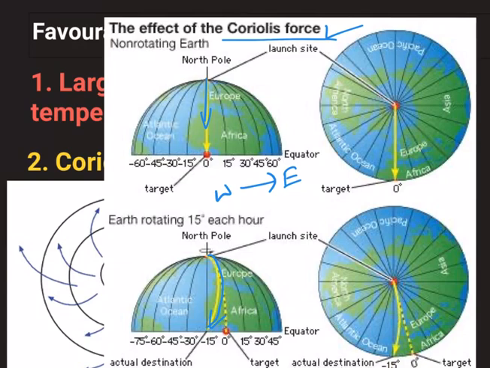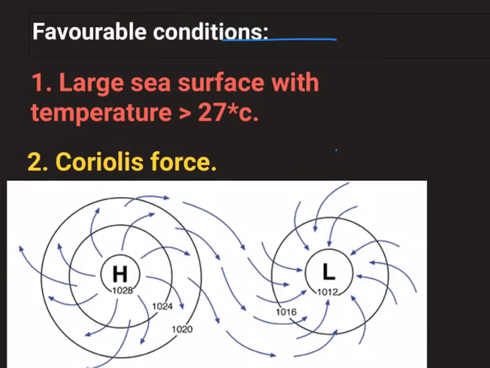Hence, we can conclusively define the Coriolis force as an apparent force that, as a result of the Earth's rotation, deflects moving objects to the right in the northern hemisphere and to the left in the southern hemisphere. In a simpler manner, winds in the northern hemisphere starting from their origin deflect towards the right in their line of path. And in the southern hemisphere, the same winds deflect to their left in their line of path. So if two winds are diverging to the right in the northern hemisphere, it forms anti-cyclic rotation. And this is because of the presence of the Coriolis force.